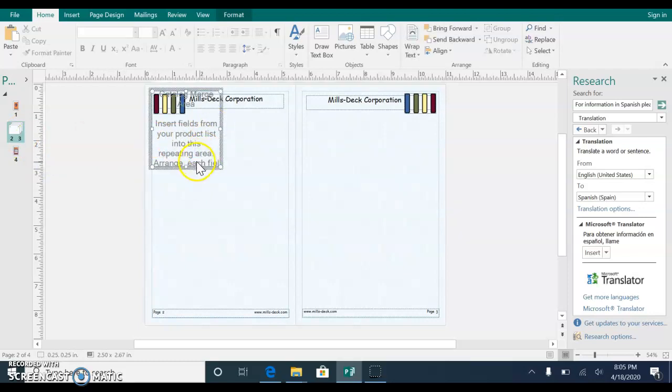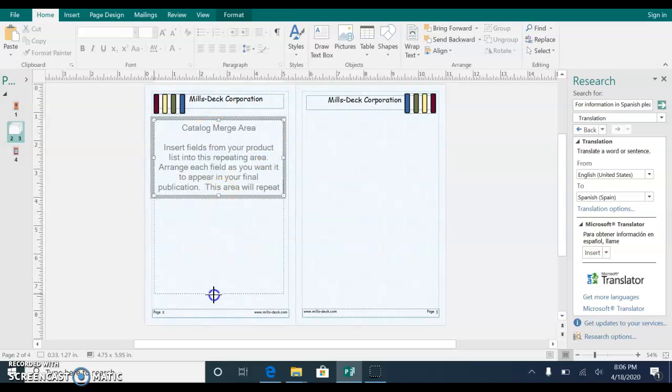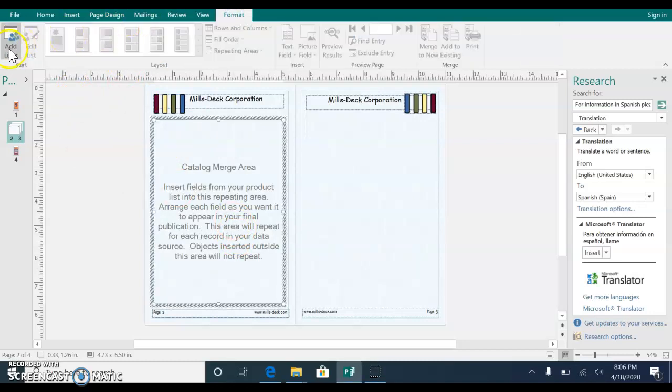So the next thing we'll do is prepare this for our merging of the information from our staff. So what you'll do is, with the 4 arrows, drag it down a little bit and then make it the entire width and size of the page here. Just don't go into the footer. So you have the entire area taken up on that page on the left side. And the next thing we'll do, on our Catalog Tools Format, choose Add List, use an existing list,